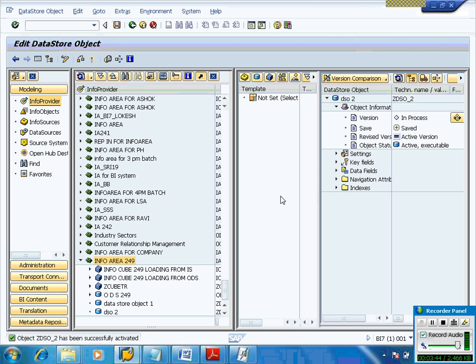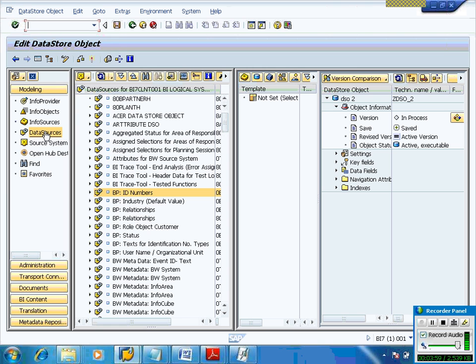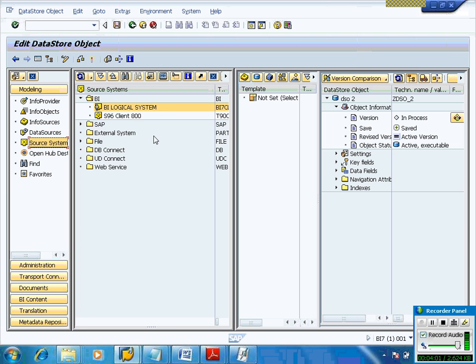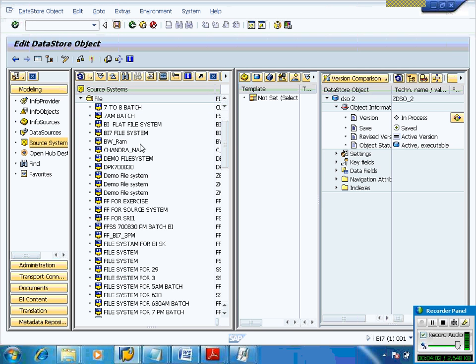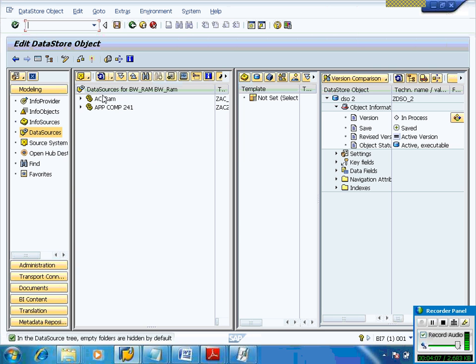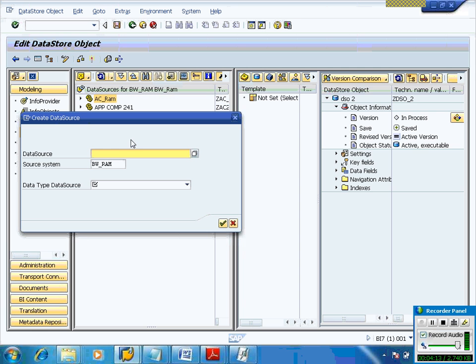Now, we have one and second DSO object. Okay, let me transfer the data into these two. First of all, I need to build the data flow diagram. So I am going into source system and file system and selecting something like BW underscore RAM, AC underscore RAM.